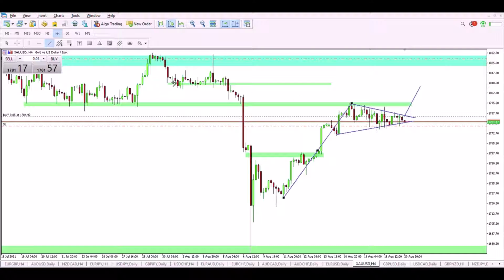We can go back and test this resistance area. And this is exactly the same size of the triangle pattern. So this is what we can expect for the next week. Of course, if we get above this resistance, we are targeting the